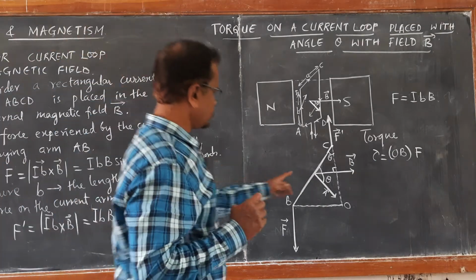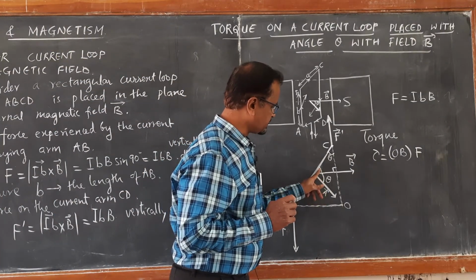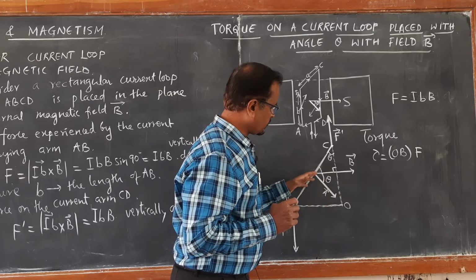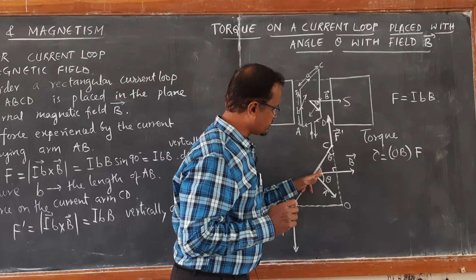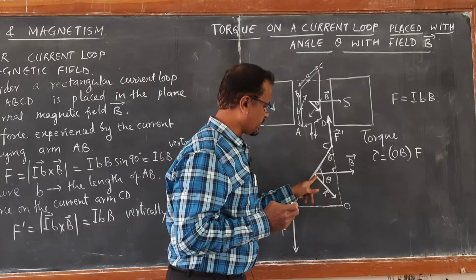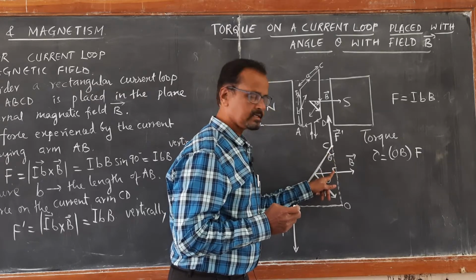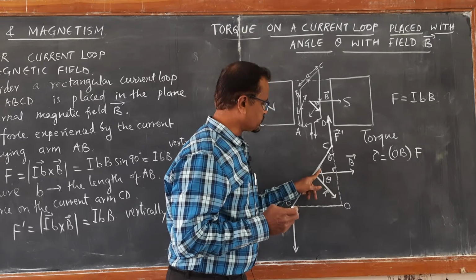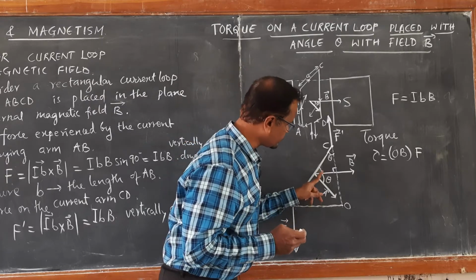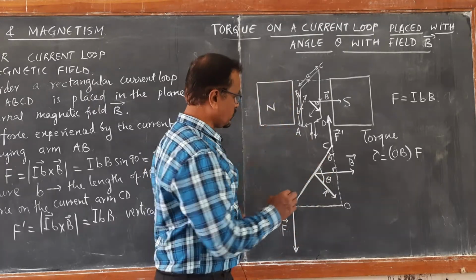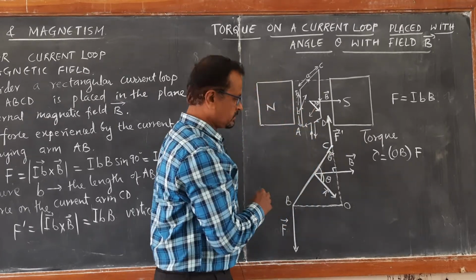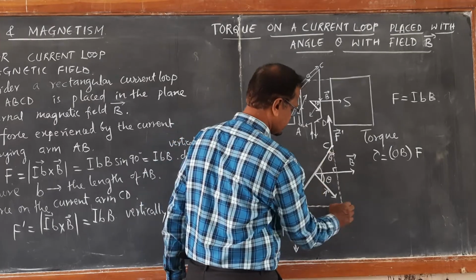So angle theta plus this interior angle is 90 degrees, because this is the normal drawn to this plane. And 90 minus theta plus theta is also equal to 90 degrees, because in this right angle triangle you see this is the normal, that is, this is 90 degrees. So this should be 90 minus theta. So if it is 90 minus theta, and if it is theta, then we can prove that this angle and this angle are equal. We have proved that if this is angle theta, then this is also angle theta. From this we can find out what BO is.